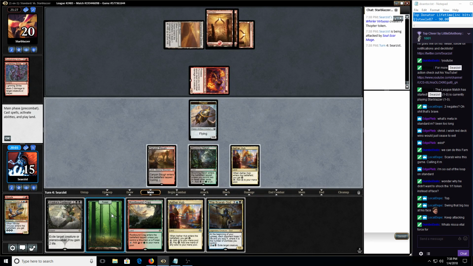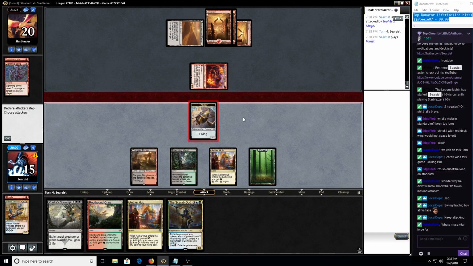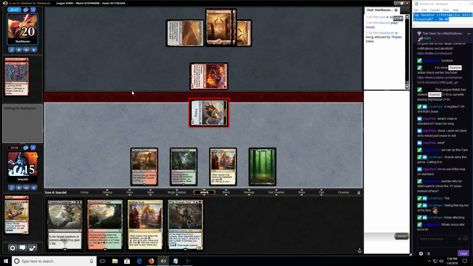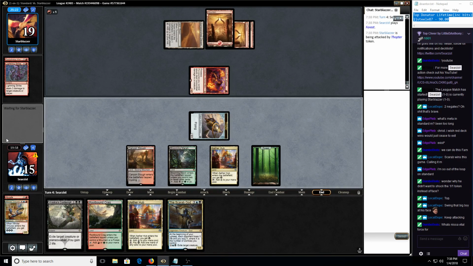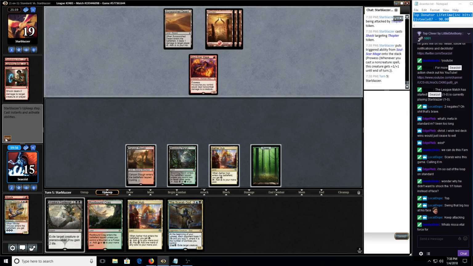Hey, we drew another Scarab. So we've got a Vraska's Contempt for any bigger play that he has this turn, and a Scarab on the next turn. Pretty nice. It's kind of odd. He could have done just another damage to us, but...